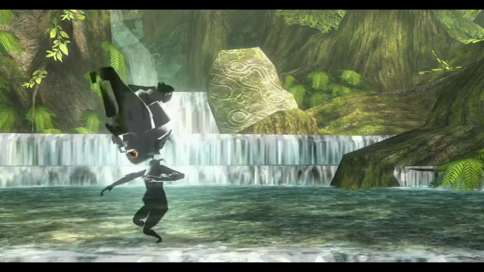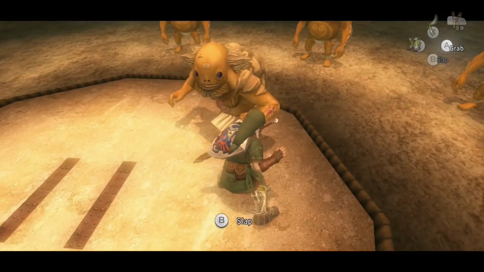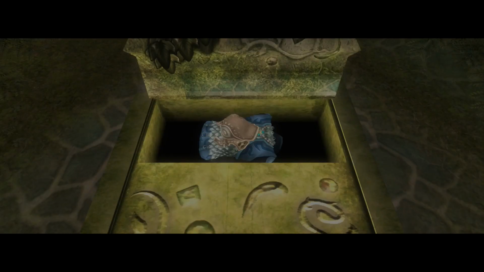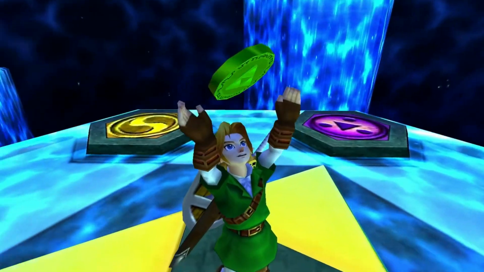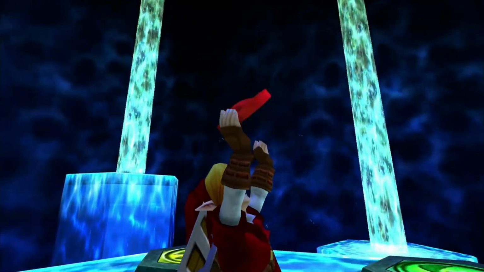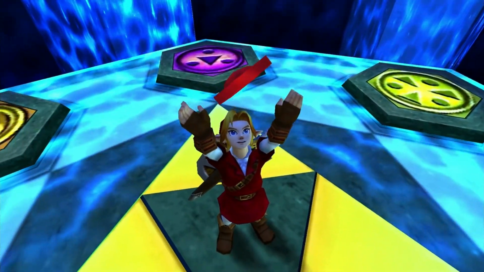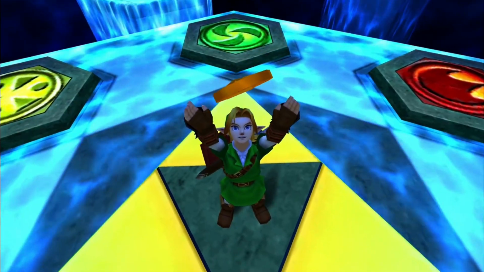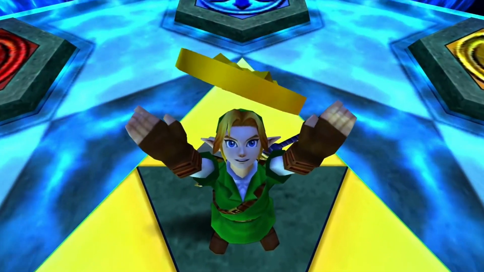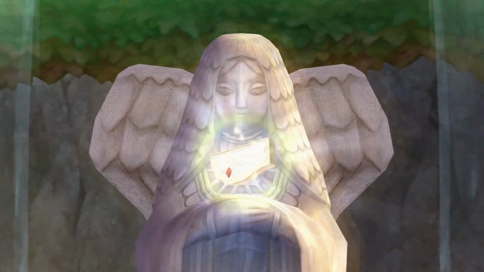You're basically just watching the same sequence of events over and over where Link goes to a town, solves a problem so he can get into the temple to get the magical item he needs, then moves on to the next town to do the exact same thing again, and then again, and then again, and then again, and then again. And then the biggest problem with this is, it doesn't affect the plot.